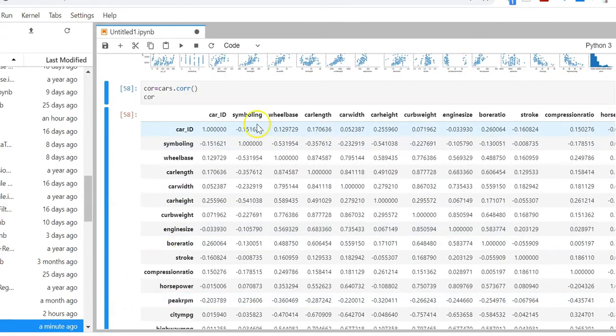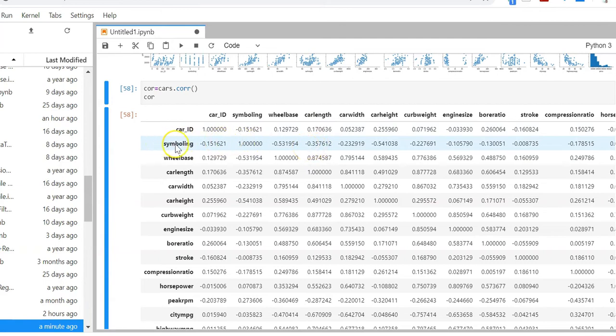So let us first try to understand this output. If you see, each column like symboling is related to each other column. Like symboling is linked to wheelbase by a factor of minus 0.53, is related to car length by a factor of minus 0.35.